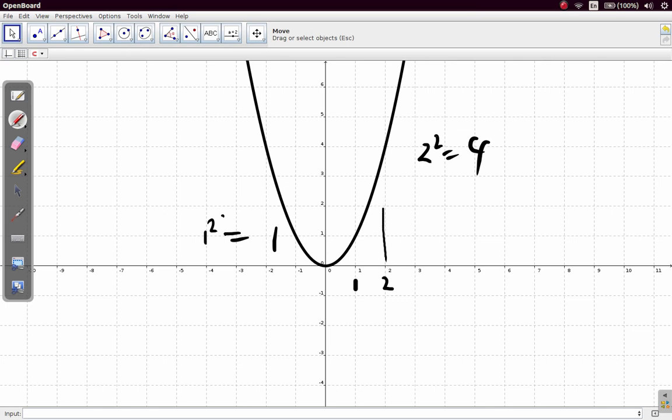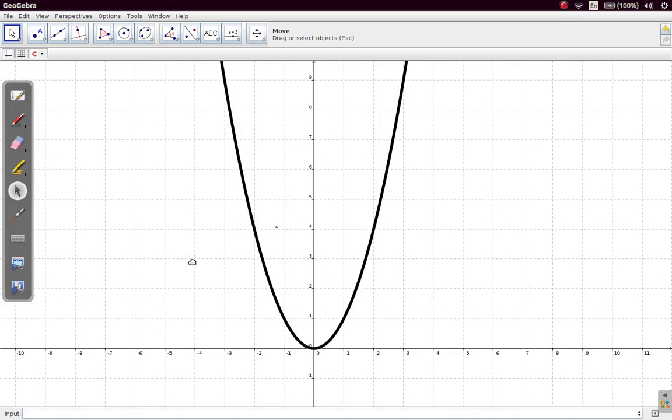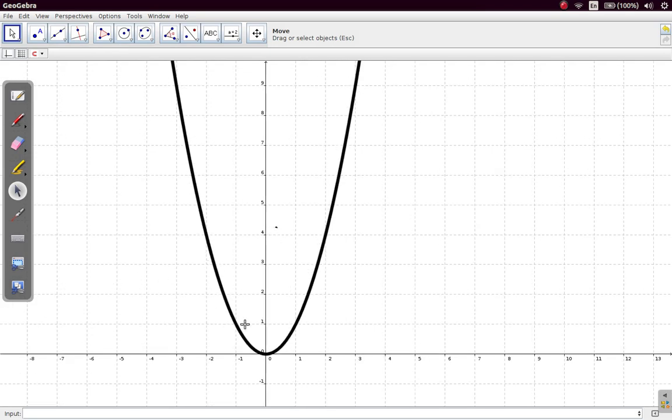So 2 corresponds with 4 here. Let's go up a bit further. When x is equal to 3, we have 3 squared, which is 9, and